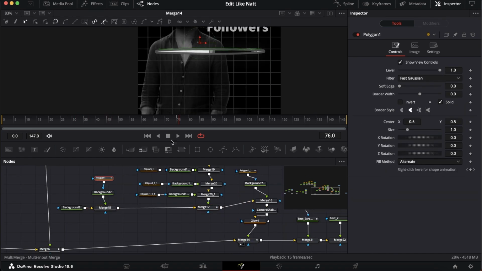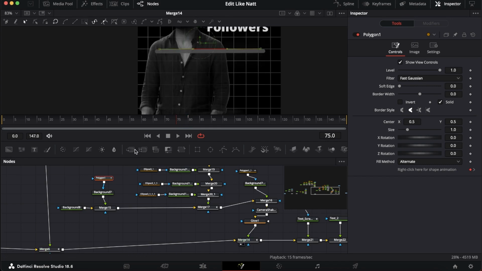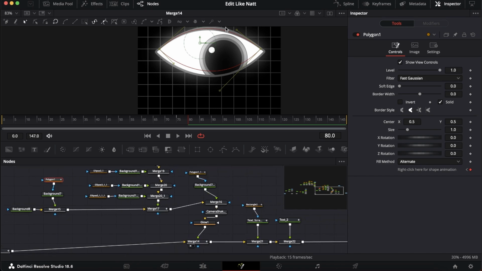And I did do an animation of the eye opening. So for that, I just took this polygon, put a keyframe right here on the right click for shape animation. There should already be one, but you need to remove the keyframe and just create your own. And I actually put a keyframe here where it was originally. And then I went back and I highlighted these 2 points, and you can actually click on this line to straighten everything out. So then the animation goes from straight to opening up to the shape that I originally created. And I actually did this first before I copied this polygon and pasted it here to get the gray one